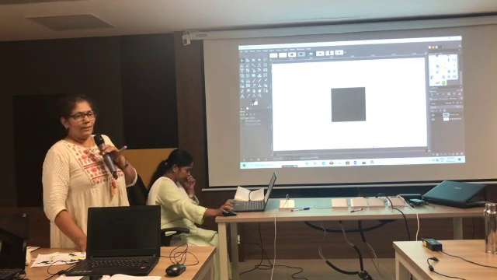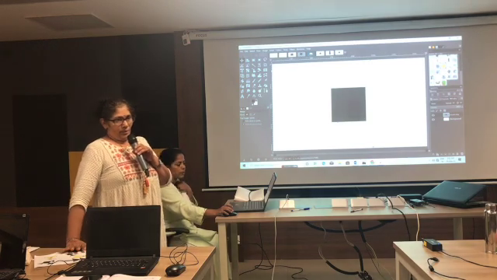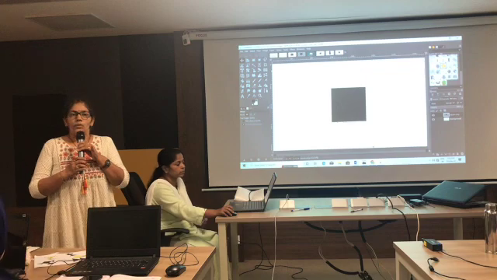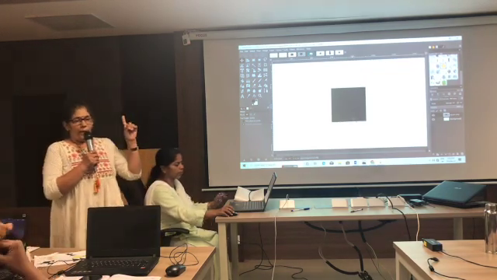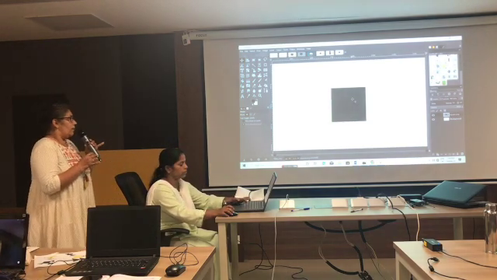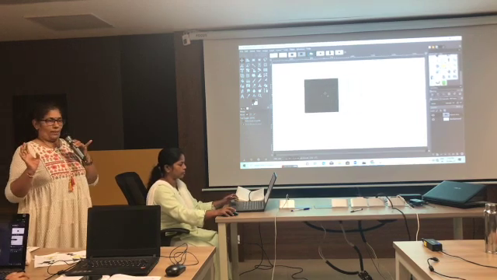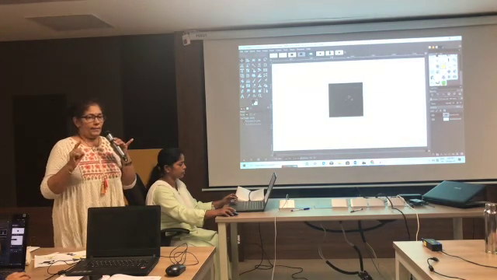Now to create a chocolate, what do I want to do? I want to move it. So how to move the square? We have to press the N key from the keyboard and we can move the square. Correct?